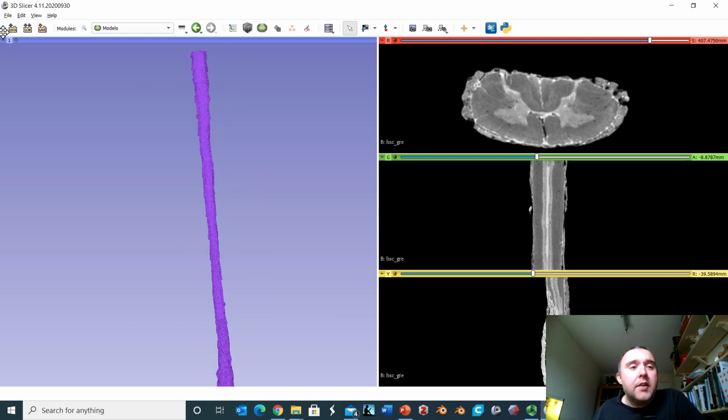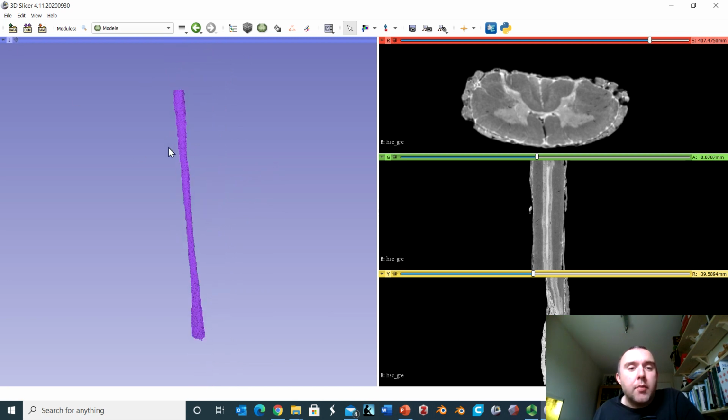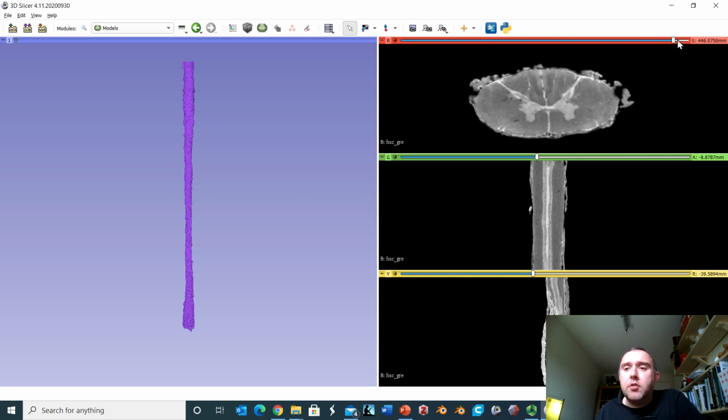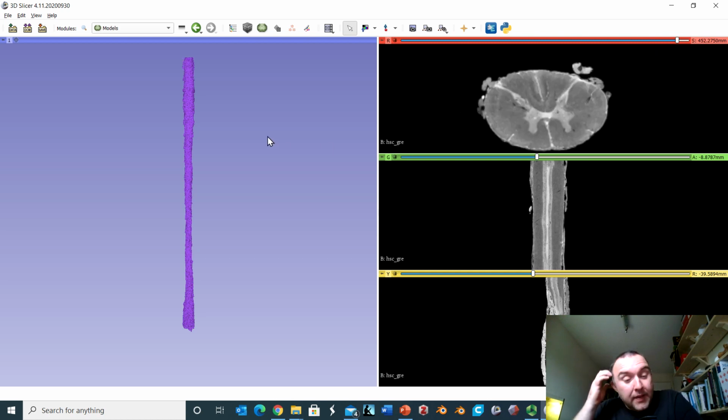So the first thing that I think we should do, and I'm just changing my view slightly, is just take a look at the cord in the transverse plane and think about how it changes and relate that to this overview image. Now the first thing that you note when you look at the spinal cord is that its calibre is not uniform. We note that at the top end here, and particularly at the mid to lower cervical regions, we have